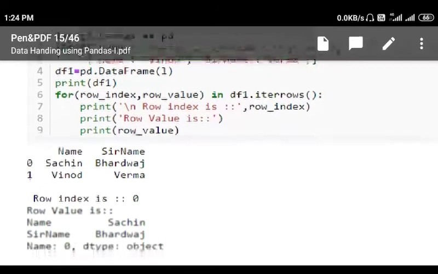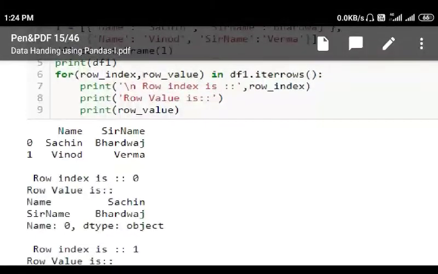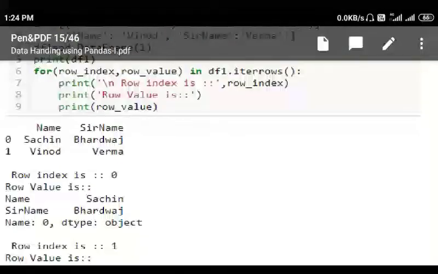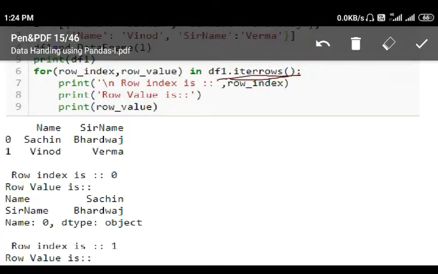Now next two lines are important, line number 6 onwards. This is one df1.iterrows function. See here, this particular portion has the df1.iterrows function. So what it will exactly do, it will extract the row index from the data frame using this function, and it will store the row index number in the row_index variable, and the row in row_value.